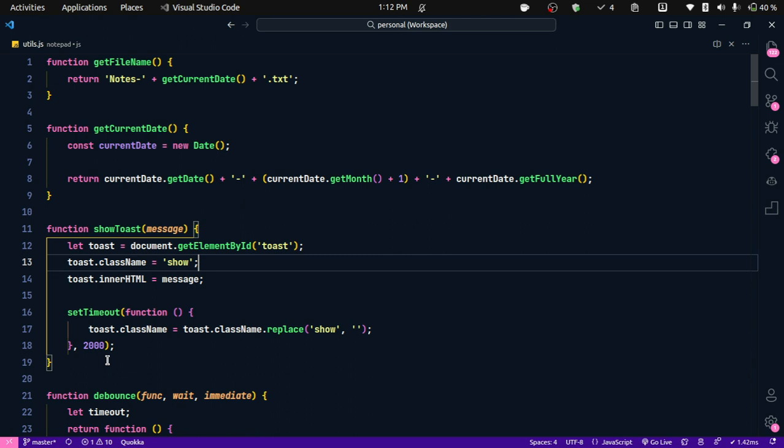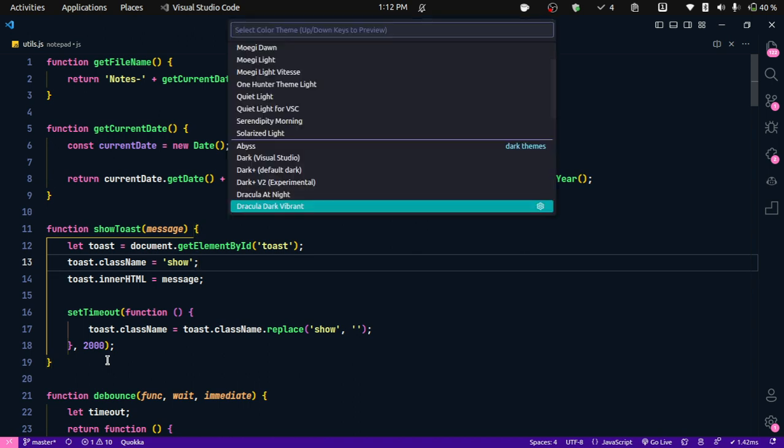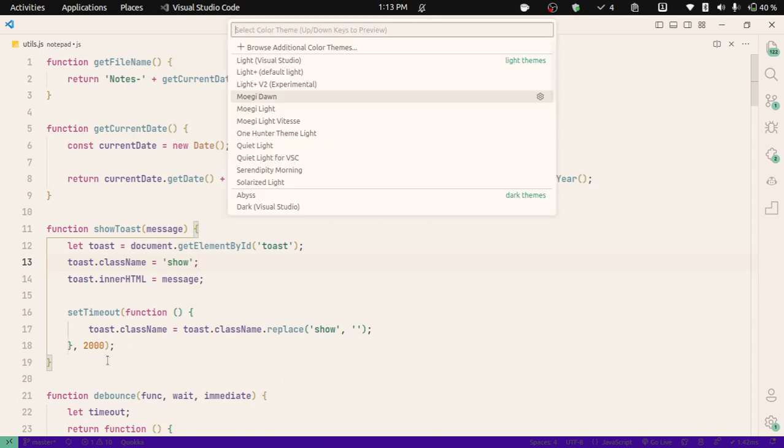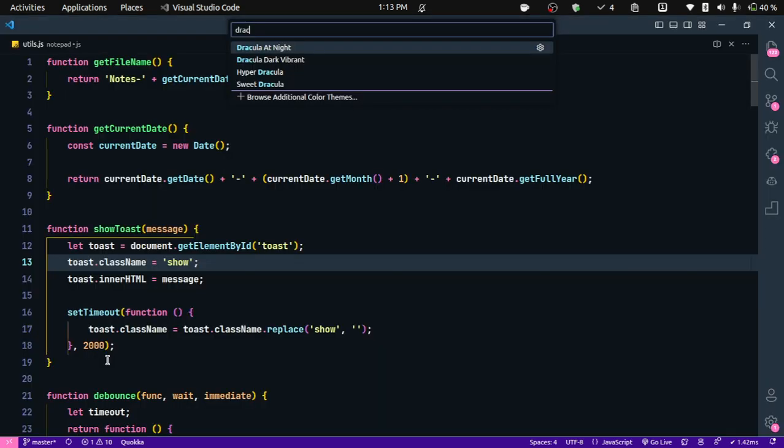The first and the most obvious is when you start using bolder fonts, the colors really pop out of your theme, and especially when it is a darker theme like what I'm using right now. But even if you are not using a dark theme, it looks pretty in a lighter theme as well. So let me change this to something light. As you can see, it looks pretty in a lighter theme as well. Let me go back to my default theme, which is Dracula Dark